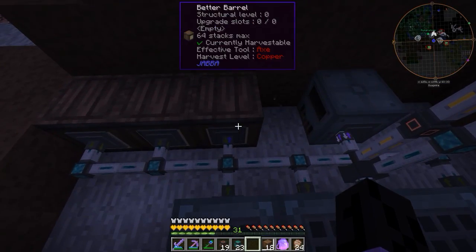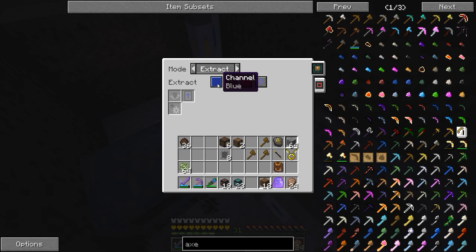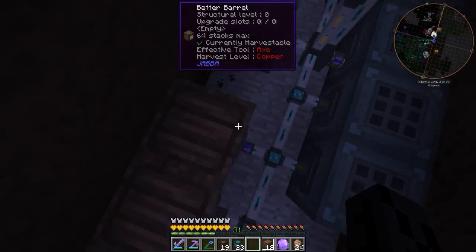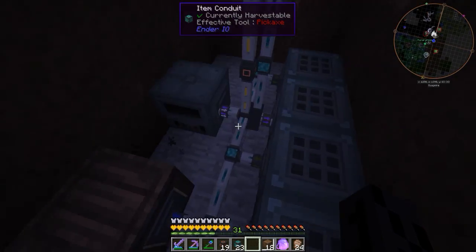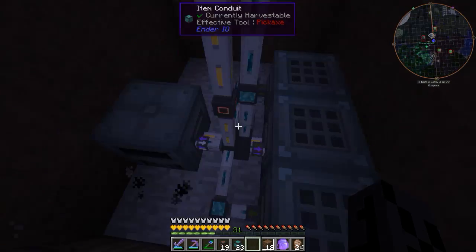purple. Okay, so we're going to do in on purple, and you are also going to be insert, no, not extract. Keep doing that. You're going to be insert on purple, and this will be extract on purple. Okay, so logs will come into here from here, and from there they will be distributed to the Stirling generator and the crafter. Okay,